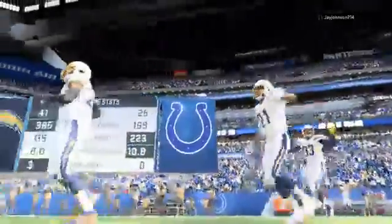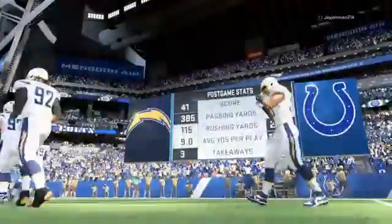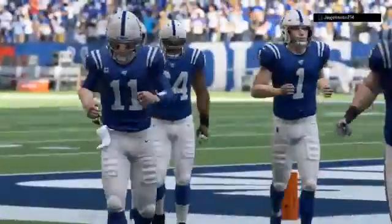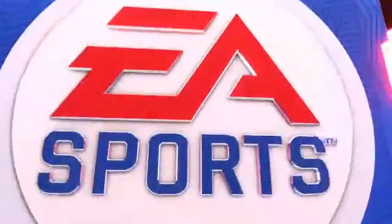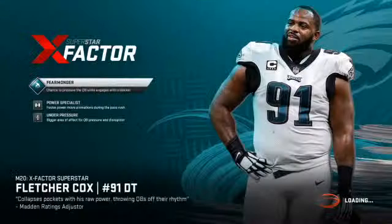So for our visitors, it's a win that might keep them alive in the playoff race as they're back to 500 at 5-5. And they'll have another road date next week with the Kansas City Chiefs. Meanwhile, for Indianapolis, it's a bit of a setback as they drop to 6-4 now. And they'll be on the road next week for a matchup with the Carolina Panthers. So for our entire crew, alongside Charles Davis,